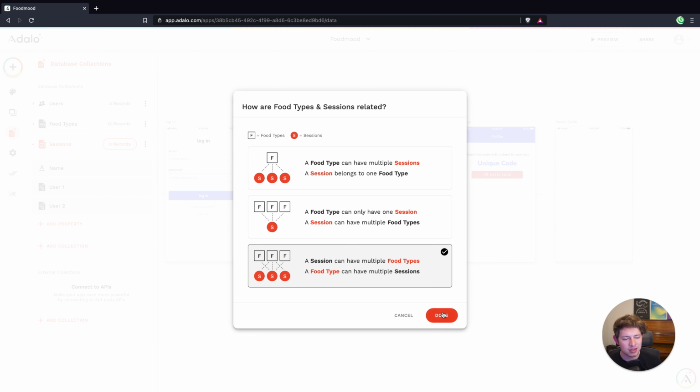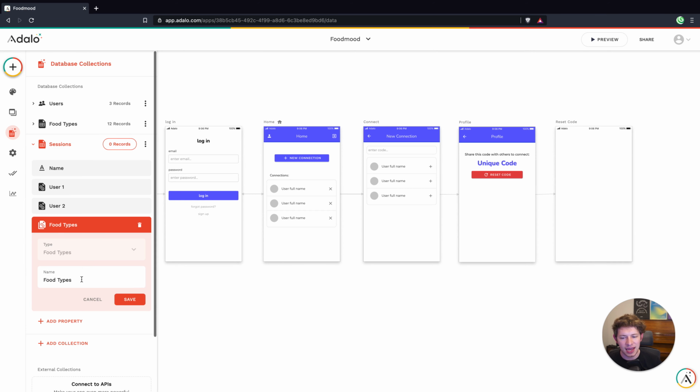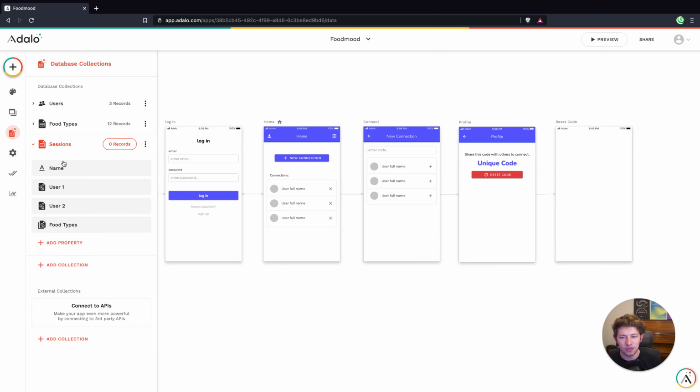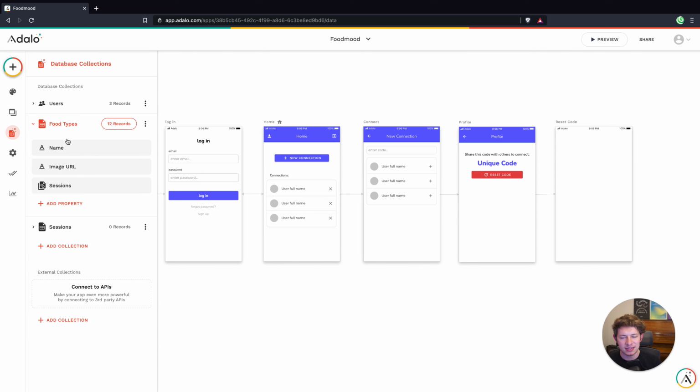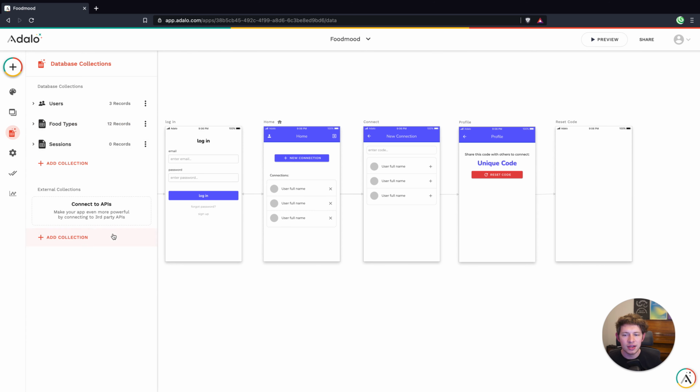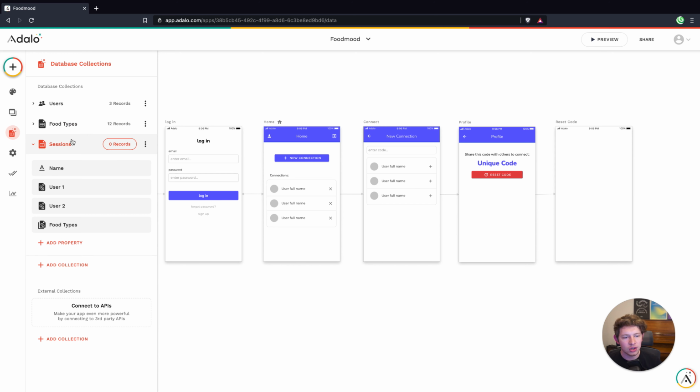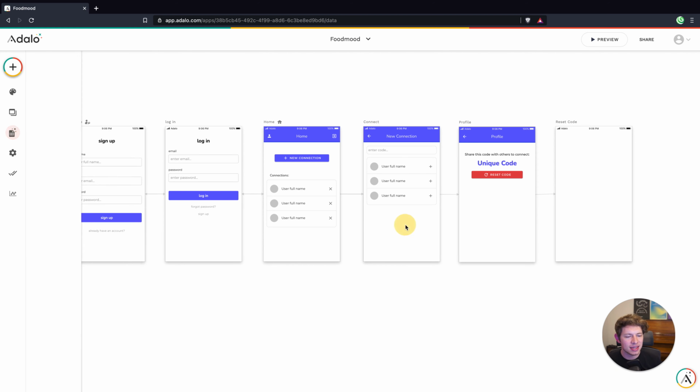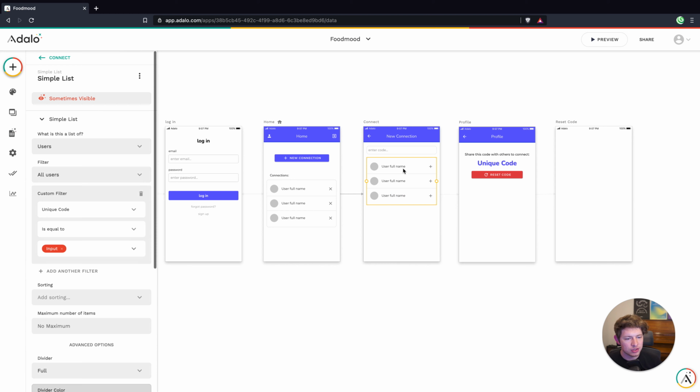So we'll do the many-to-many option, click done on that. And then we can leave the default food types, and I think sessions is fine there too. So that is all good. Okay, so now we need a way for the user to interact with this data that we've set up. I'm kind of thinking right now what we'll do is we'll just link to a new screen off of this